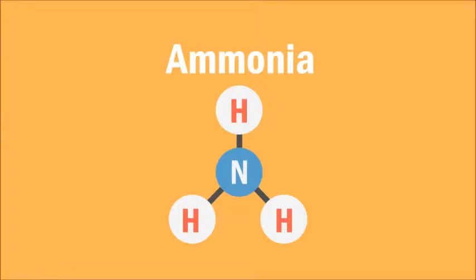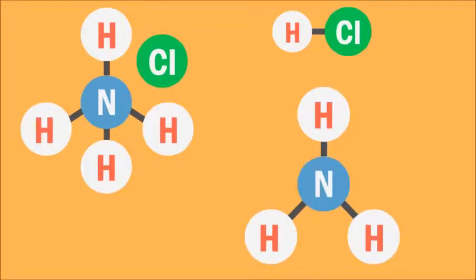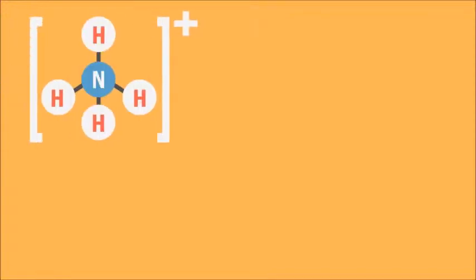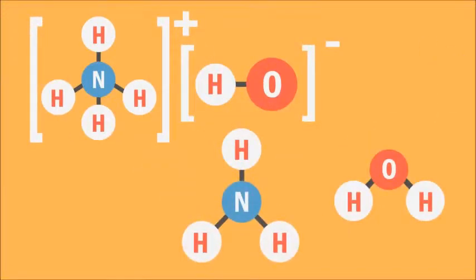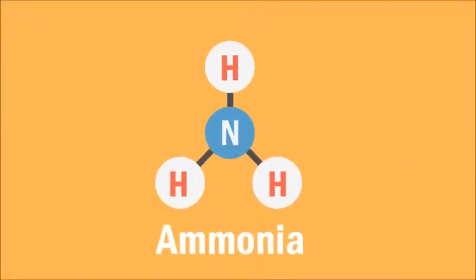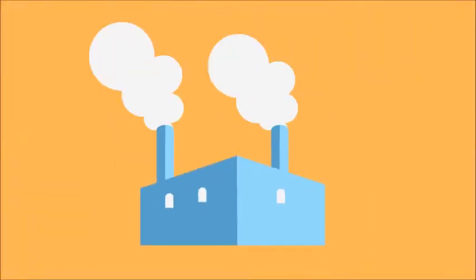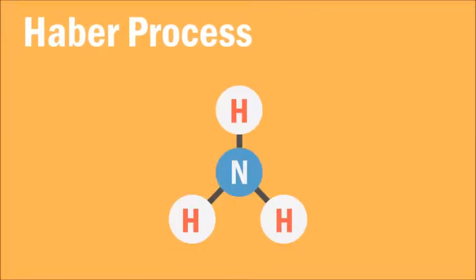You have likely produced ammonia in the laboratory from the thermal decomposition of ammonium chloride or from the reaction of ammonium and hydroxide ions. Have you ever wondered how ammonia is produced on an industrial scale? In this lesson, we will learn about the Haber process to produce ammonia, developed during World War I by Fritz